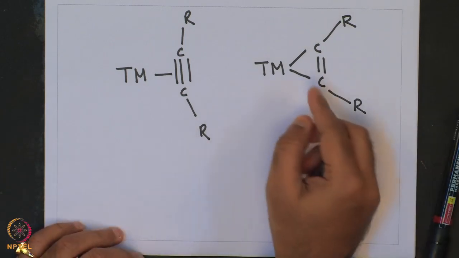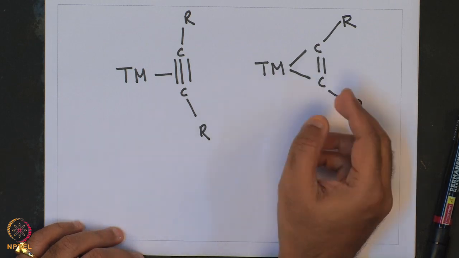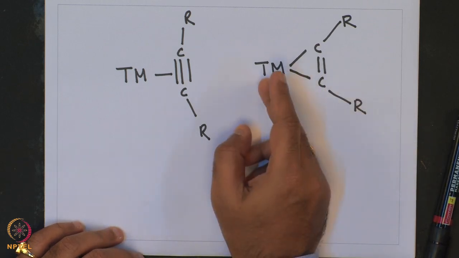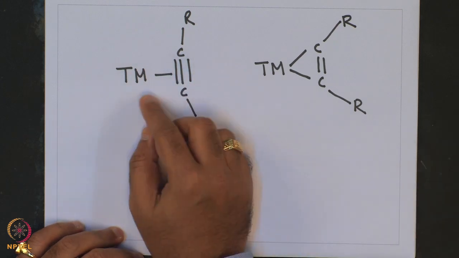So, this is a metallocyclopropane kind of intermediate or binding of alkyne to the transition metal, and this is the acetylenic bound transition metal